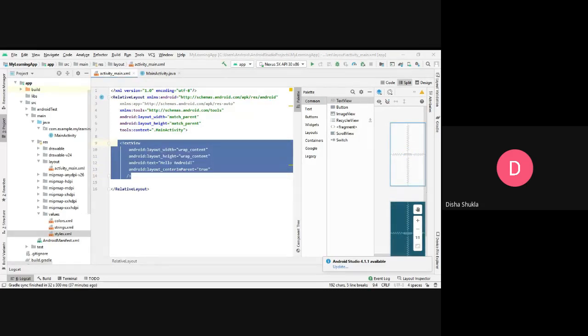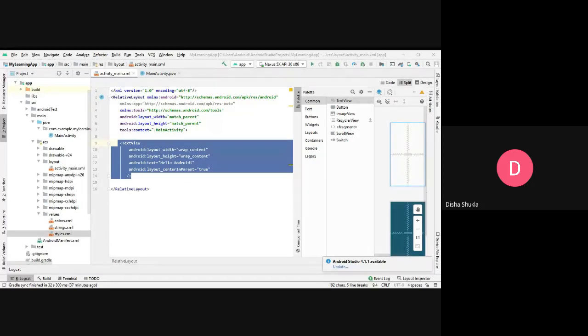Intent is something that we can use when you want to navigate from one activity to another activity. Say for example, you are on some screen that shows a login page, but you have not yet registered, so you want to go to the registration page. For that you can find the buttons, but the actual procedure behind it, the thing that we use for actually executing that, is called an intent.